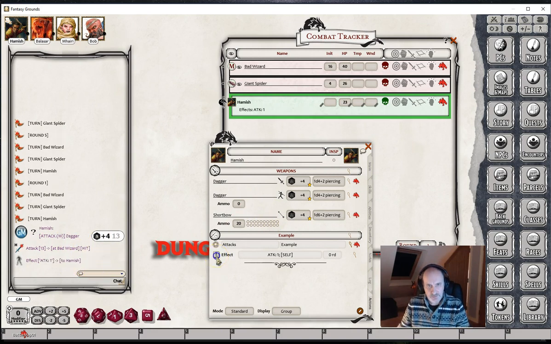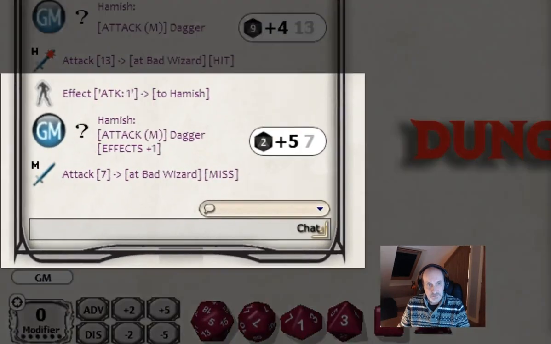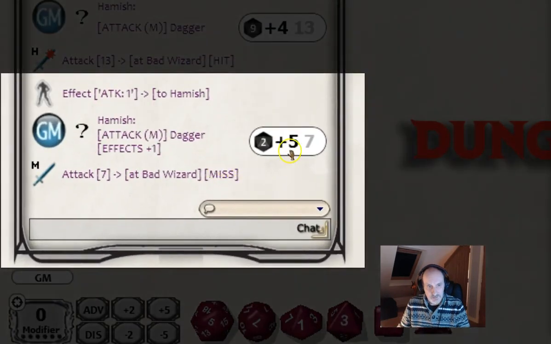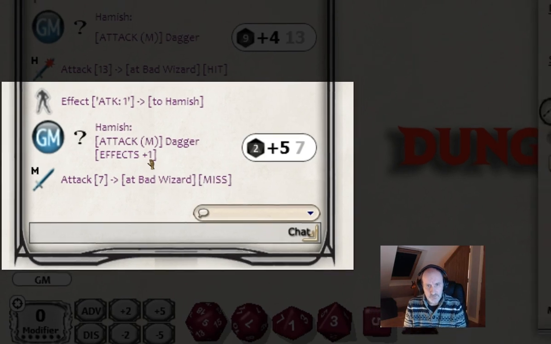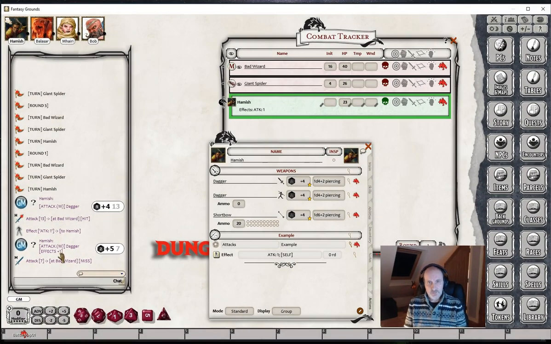So now let's add the effect onto Hamish, and you'll see the combat tracker now has the effect line showing here with attack 1. And if we now make the same attack with the same dagger against the bad wizard, you'll see that Hamish's bonus has now gone up to +5, and the chat tells us that an effect of +1 has been added. Now that's as simple as it gets. That's a fairly straightforward effect, and Hamish will continue to get that +1 on any attacks that he makes as long as the effect is actually on